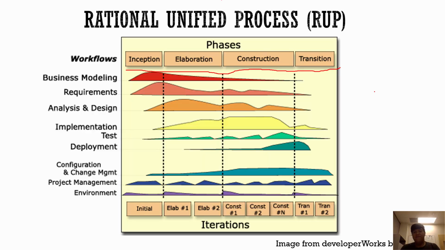Now, what RUP basically defines, well, it does a lot of things. But if we look at a graph and try to understand in terms of that, we can see on the left side it talks about workflows. So basically what that's saying is that this kind of activity is going to be active. People are going to be working on this. So if you look at our graph there, you can see that, for example, our first workflow over here,